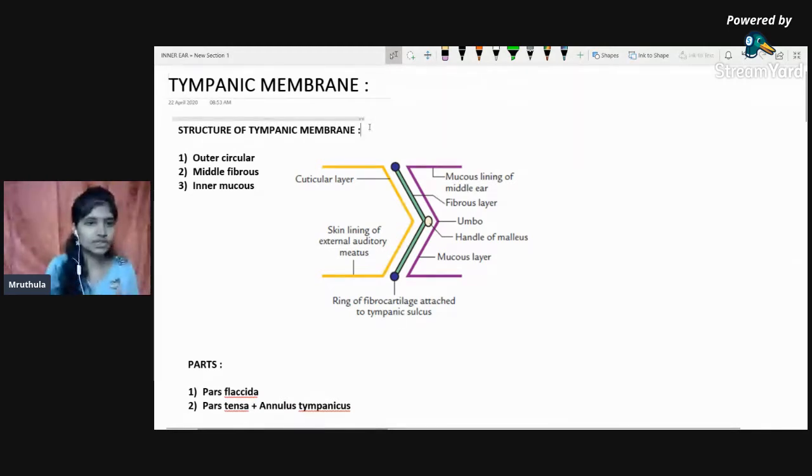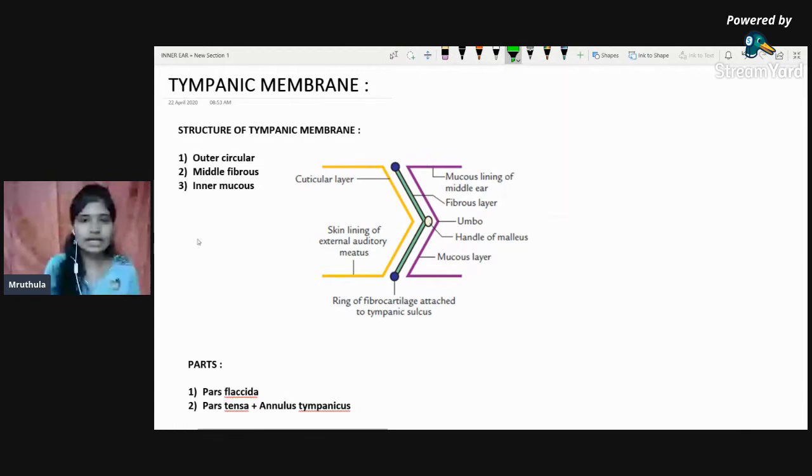Before getting into the features, I would just say what is the structure of the tympanic membrane. That is, this huge door of the tympanic membrane is made of 3 layers. It is not very strong, but it is having 3 layers. So what are the 3 layers? Let's start from outside. It is the outer circular layer, the middle fibrous layer, and the inner mucous layer, right? So that we can appreciate it